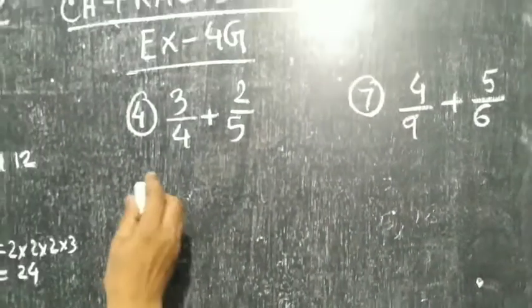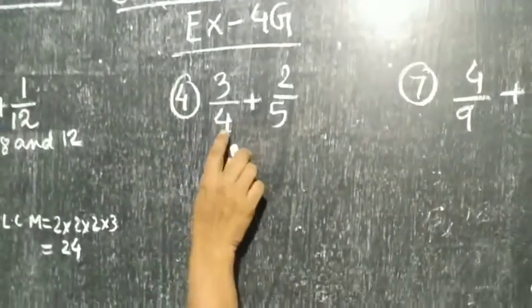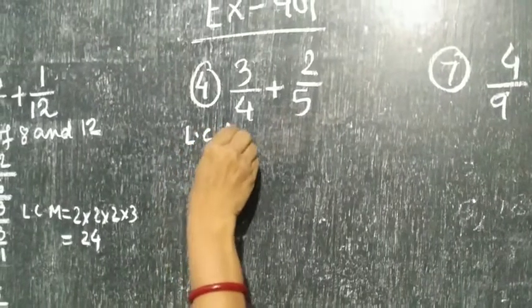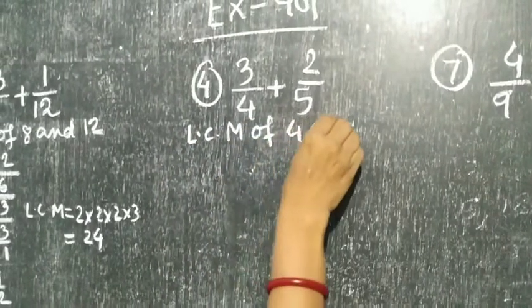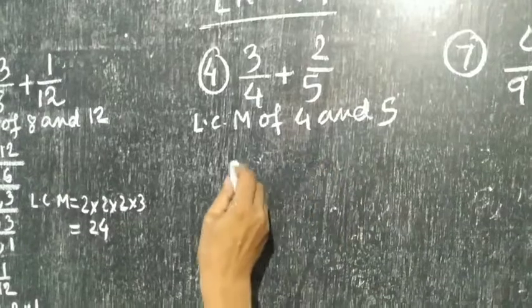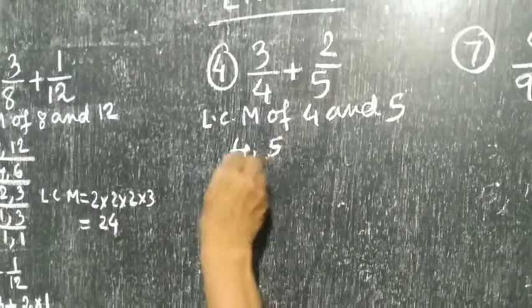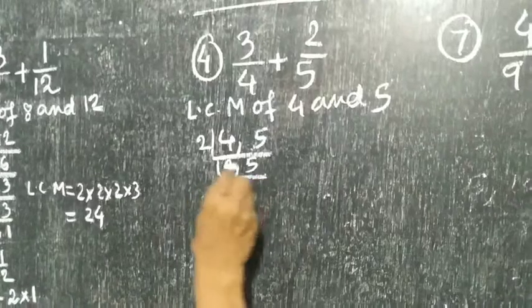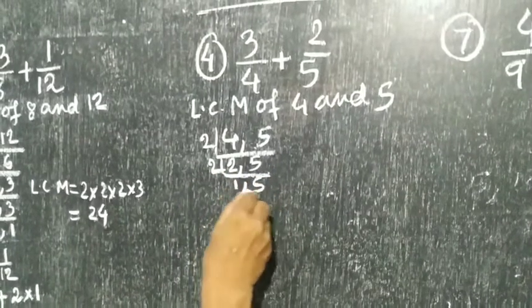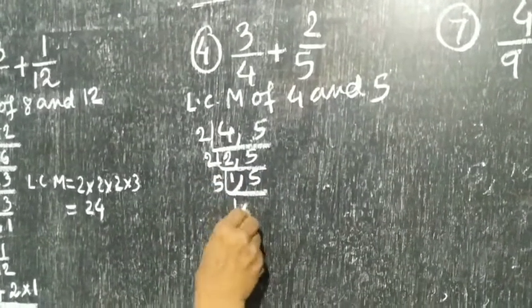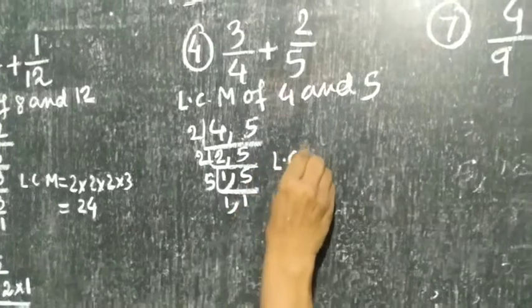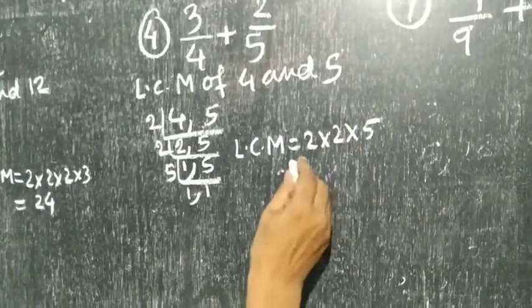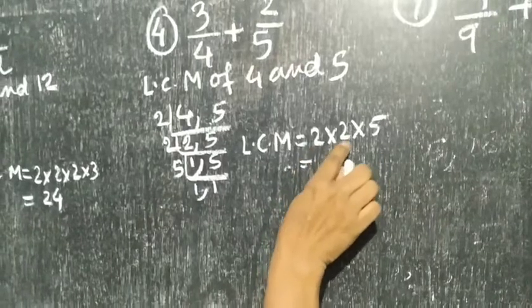Now see children, sum number 4. Again you have to take the LCM of the denominators 4 and 5. So LCM of 4 and 5. Here also I am using the repeated division method. Divide by 2, so 2, 5, again by 2, 1, 5, again by 5, 1, 1. So LCM equals 2 into 2 into 5. So 2 twos are 4, 4 fives are